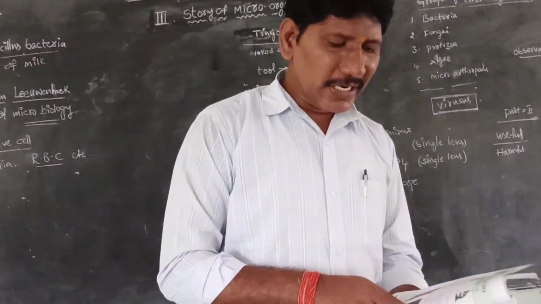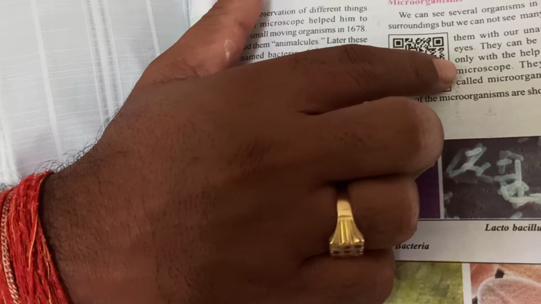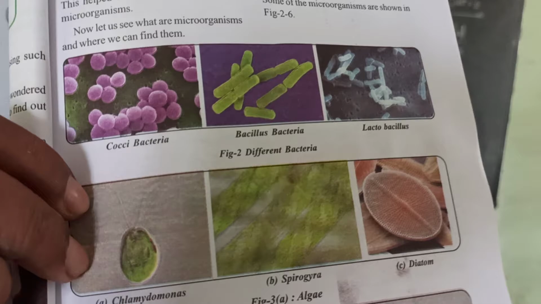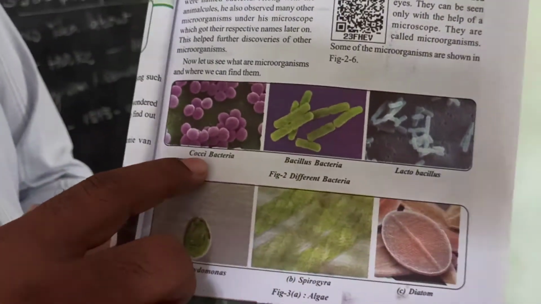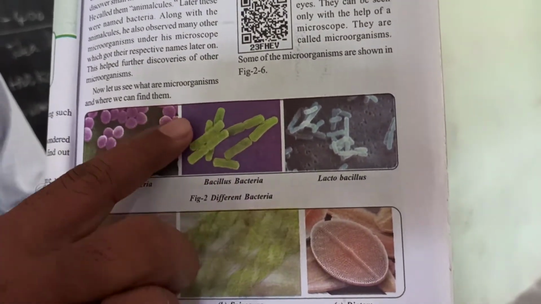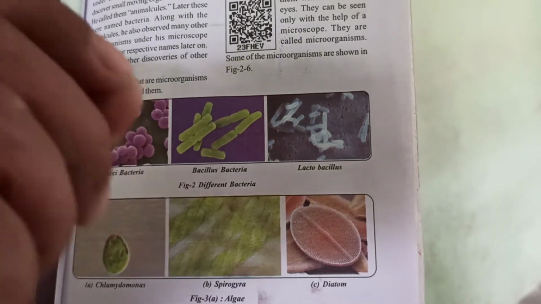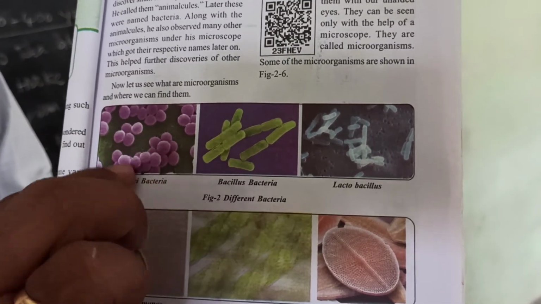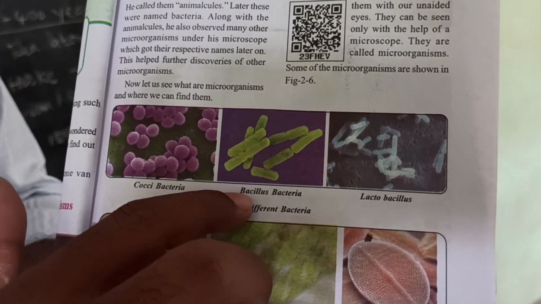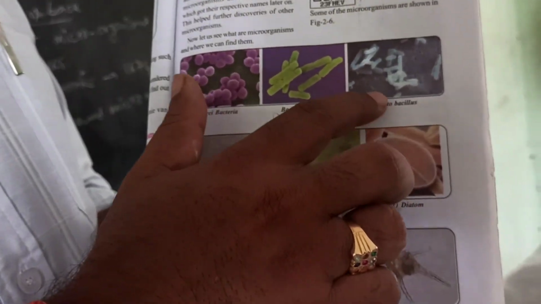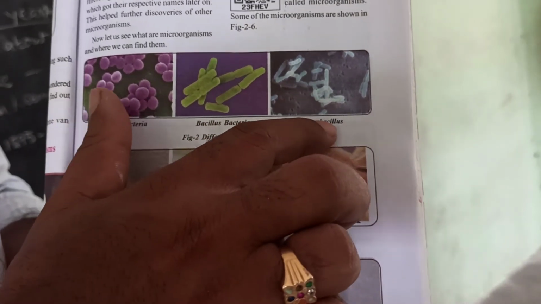So, coming to the textbook, what is meant by microorganism? What is meant by microbiology? Microorganisms are the minute organisms which we cannot see with the naked eye. They are divided into groups. The first is cocci bacteria. Based on the shape, bacteria have different names. For example, a spherical or oval shaped structure is called a cocci bacterium. A rod shaped one is called a bacillus. The bacterium which causes curdling of milk is called Lactobacillus.